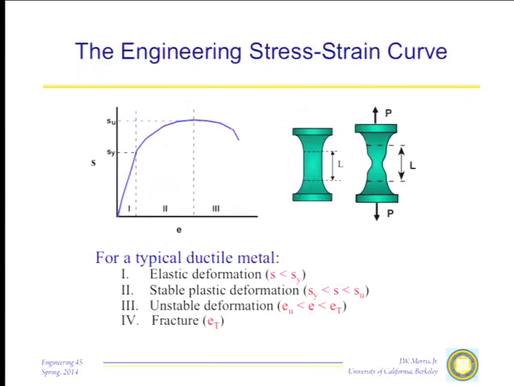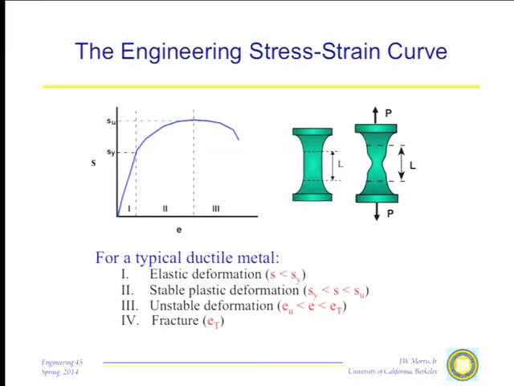There are two stages to plastic deformation. If we pull a tensile specimen above the yield strength, we begin to get permanent deformation. Initially, that deformation is stable, and if we're talking about a tensile bar, it will stretch while preserving its shape. Eventually, we get to the ultimate tensile strength, and what happens there is that the plastic deformation goes unstable. We concentrate the deformation in a neck here at the center of the specimen, and the material then necks down